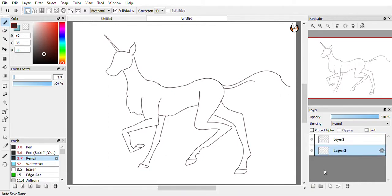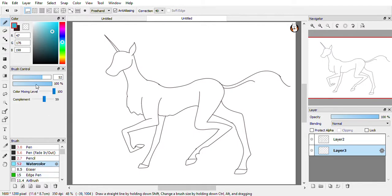Down to number 3. And I did not plan ahead what color I was going to make this guy. You know what? It's a fantasy creature. Let's go hog wild. Watercolors. That is here because it's easier, so...